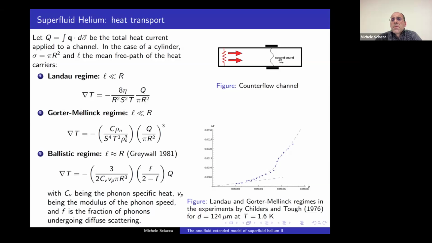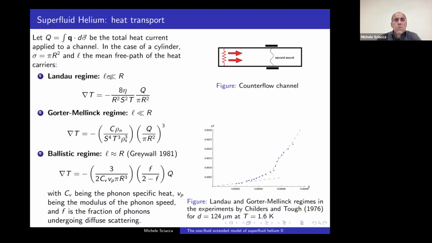And apart from the presence of second sound, which is quite usual in superfluid helium, you see that the relation between the externally applied flux Q, capital Q, which is essentially the heat current, the total heat you apply to the channel, is not properly proportional to the gradient of T, but depends on the situation we are